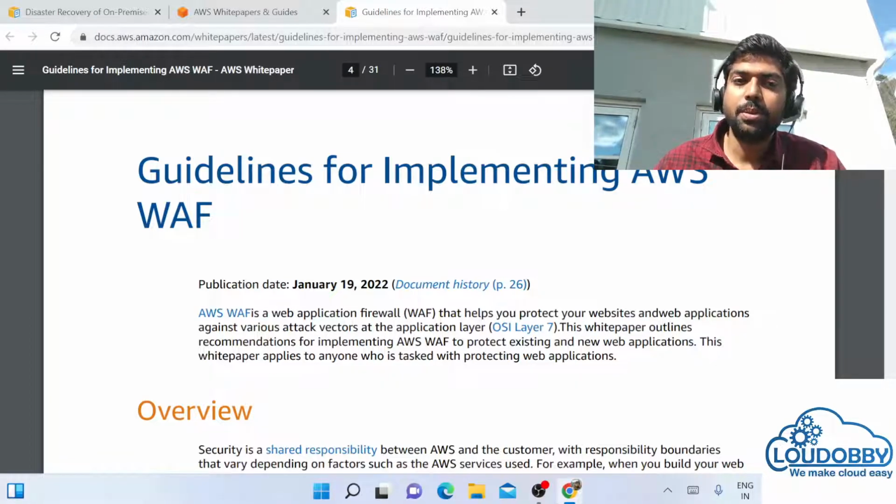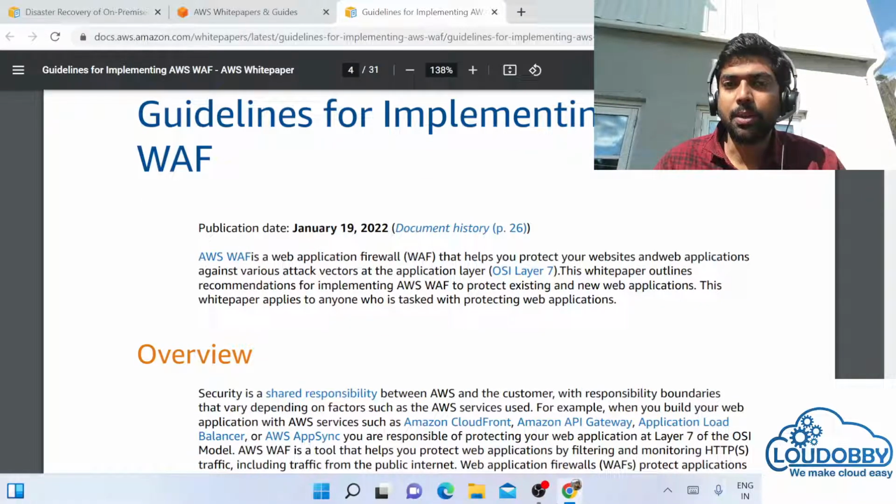So first of all, what is WAF? It's a web application firewall that helps you to protect your websites and web applications against various attack vectors of the application layer. Like, the OSI application layer is nothing but layer 7. This white paper outlines recommendations for implementing AWS WAF to protect existing and new web applications. This white paper applies to everyone who wants to protect your applications, which might be web applications,